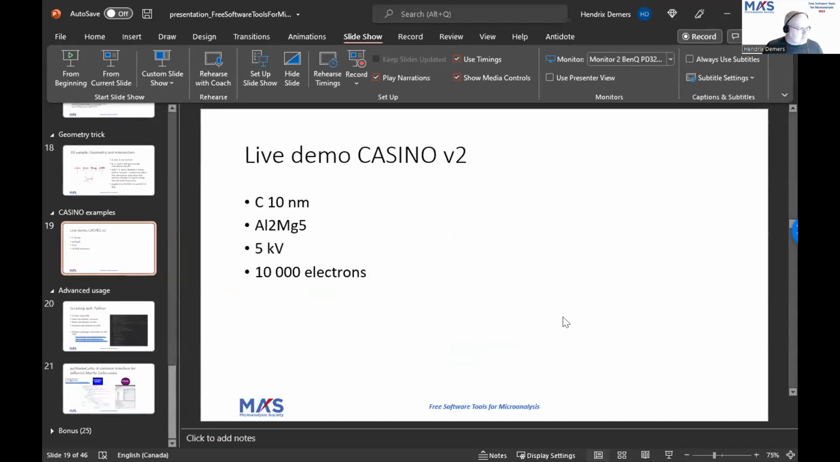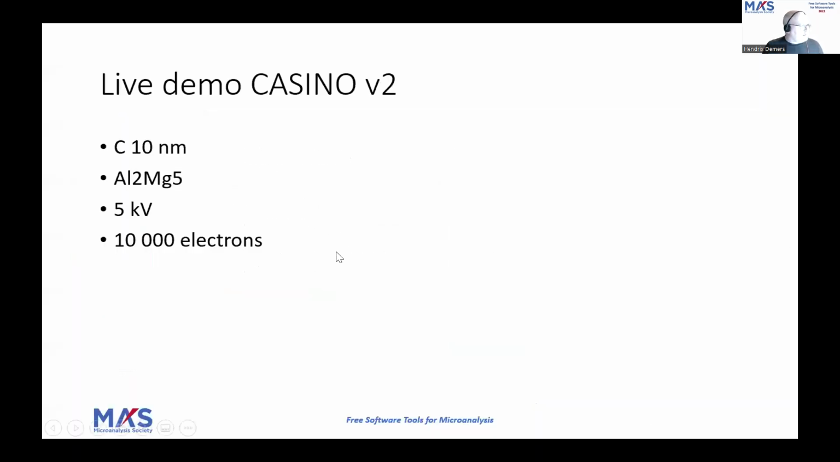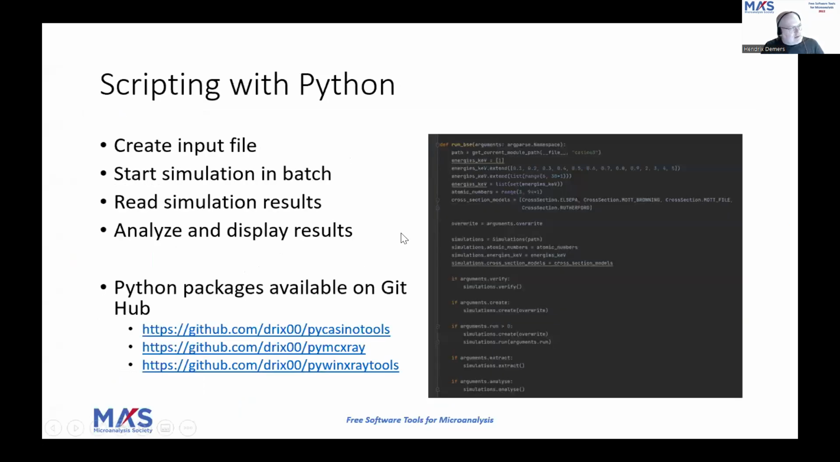If I go back to my presentation, there's something interesting I want to share with you. It's a little bit more advanced, but it could be useful. All these programs I showed you, and more with another code, can be scripted or controlled by Python. You have this package on GitHub that controls CalcZAF, MCX-ray, and WinXRay. The script is a little bit longer, but all these functions in Python simulate